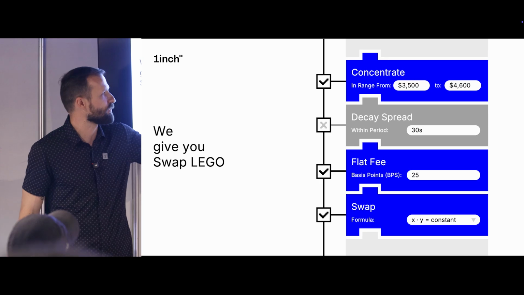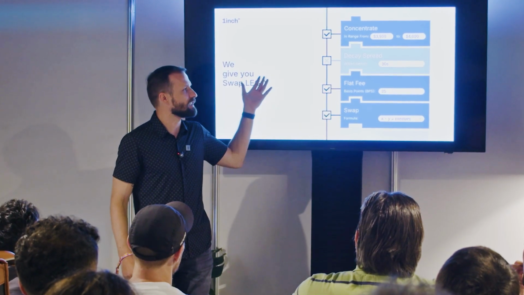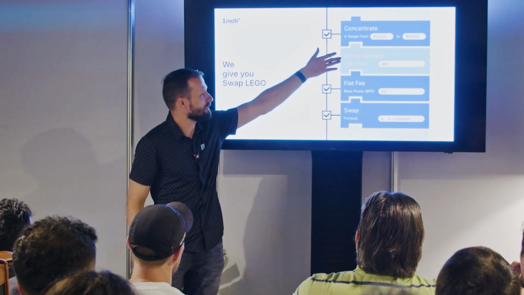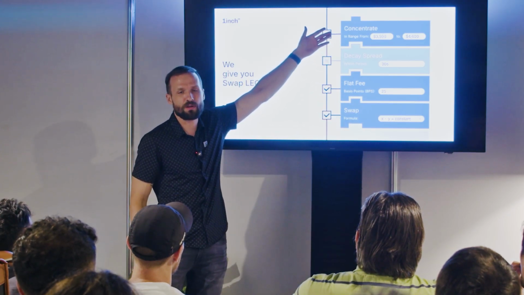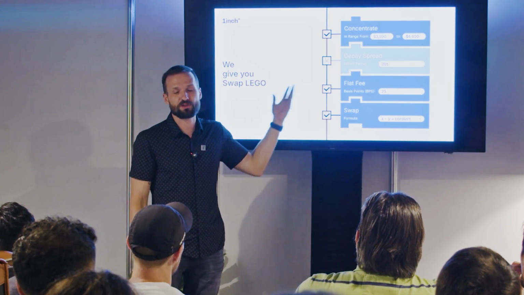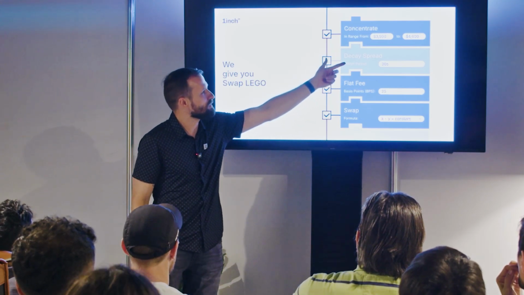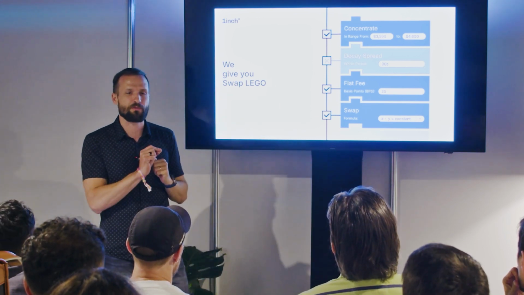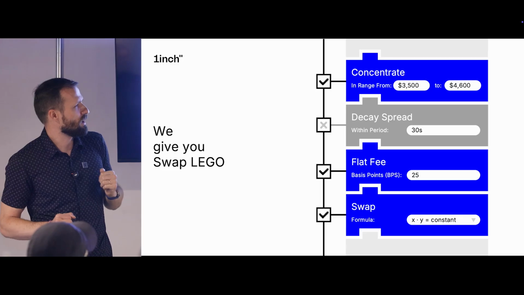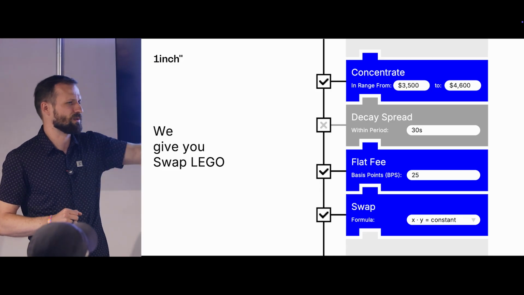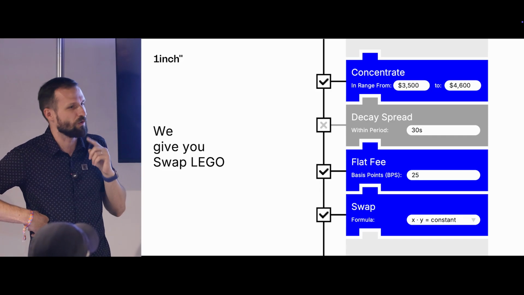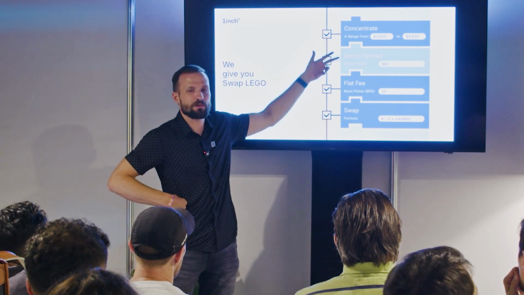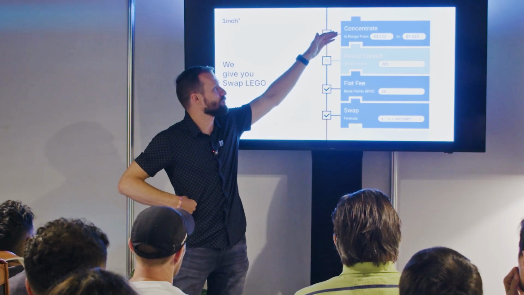They can set up custom flat fees. They could have an instruction for dynamic fees. It's not on the slide. They can select a swap formula. They can select concentration. If you want to concentrate your liquidity in a specific range, there's an instruction for this. And decay spread is something which sells the arbitrage opportunity after a trade. We invented it a while ago, in 2020 or 2021. It was called Muniswap. And now it's possible to combine this instruction with other instructions, so you could get concentrated Muniswap behavior.